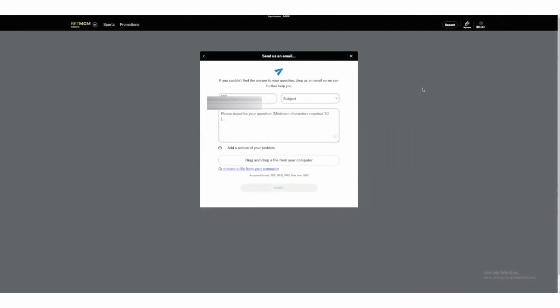Once you click on that option, this form will open up. On this form, you will have to enter your email address, choose your subject, and then describe your problem. So on this subject, select Account Detail and Access. Now in this text area, enter, "Please help me change my address." You can also upload necessary documents that can prove your change of address by clicking on this link or just